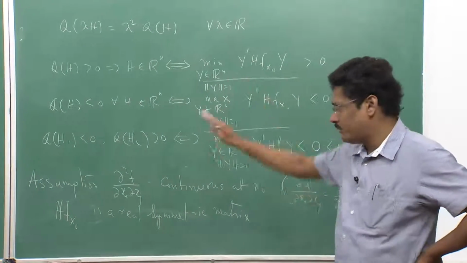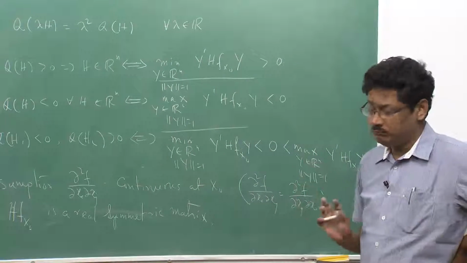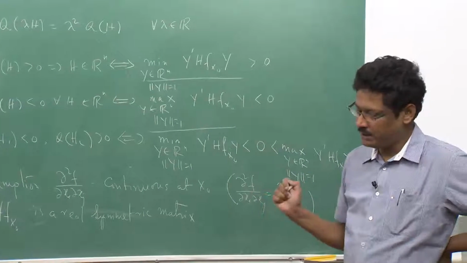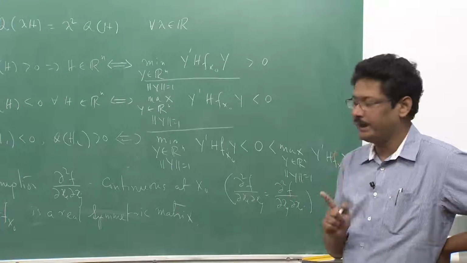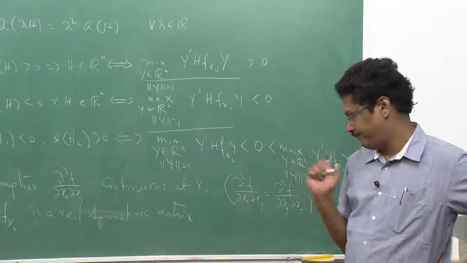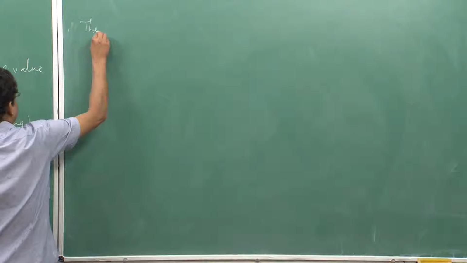So from this observation and this linear algebra result, we will now write down a practical test for actually checking minima, maxima and saddle points in the case of a non-degenerate critical point, that is, when the Hessian has non-zero determinant. Instead of checking QH for every H, we just go through this check and that makes life a little easier. Now, if you can calculate the eigenvalues, nothing better. Okay, so let us write it as a theorem.